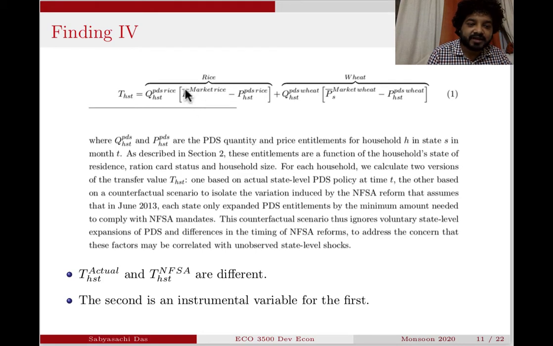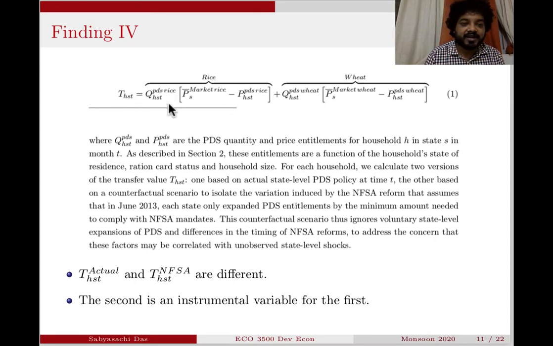and the PDS price. So this is the average market price across all individuals within the state, right? So that's constant. Market prices can vary across households within a state, right? Because they live in different villages which have different access to shops, etc. So the prices could be different. So the authors average the market price across all individuals within a state. So they get a constant market price, and they deduct the PDS price, the fair price shop price, to calculate the per kilo subsidy that the individuals are getting, those who are accessing the PDS, those who are buying the PDS rice.